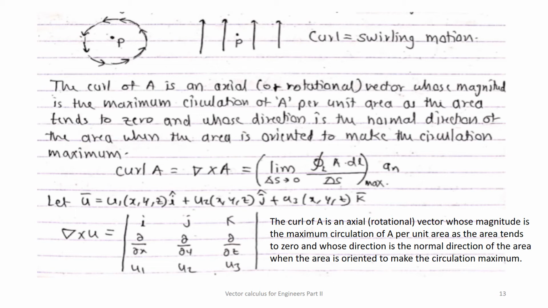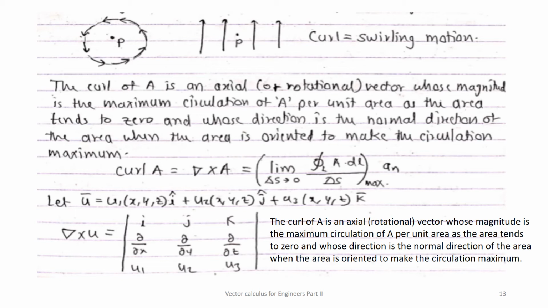Again, this is related with a loop, so integration around the loop, that is A dot dl divided by delta S. So here curl of A is equal to, this is a basic formula, limit delta S tends to 0, circular integration around loop L, A dot dl divided by delta S, times An, the normal to the surface. So this is related with surface.